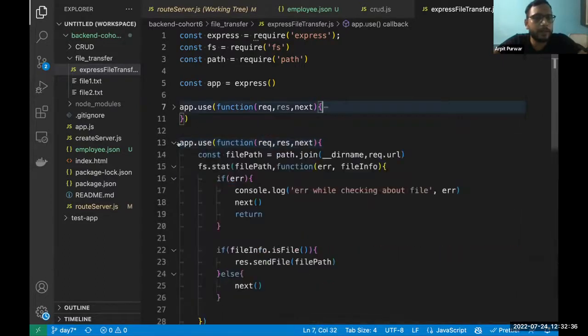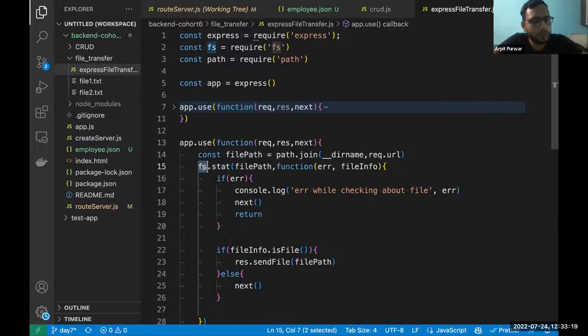Then in the second middleware, we are trying to read the file and respond with that file. How are we doing that? First we went into the directory, because the files which we can send right now are in our current directory only, file1.txt and file2.txt. First I come to this particular directory and then look for what file the user is looking for. How will we look for that? With the URL. If somebody is looking for /file1, we'll add /file1.txt. If somebody is looking for /file2, we'll add /file2.txt. Once I got the file path, I told you about one of the fs methods, and I showed you how we can use it.